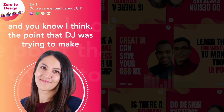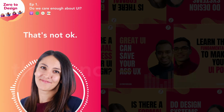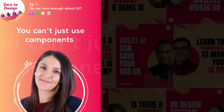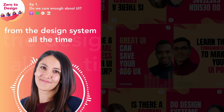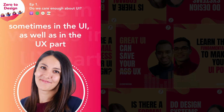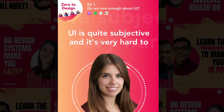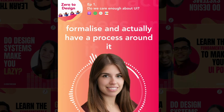design system. And I think the point that DJ was trying to make when he first brought this topic to us was that that's not okay, because you can't just use components from the design system all the time. You have to try and be creative and innovative sometimes in the UI as well as in the UX part. But do you think UI is quite subjective